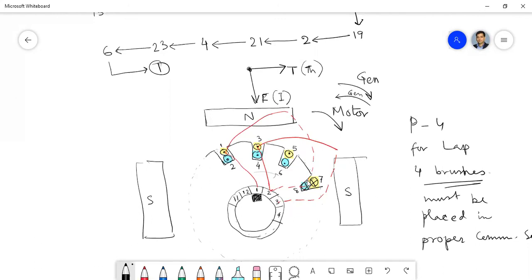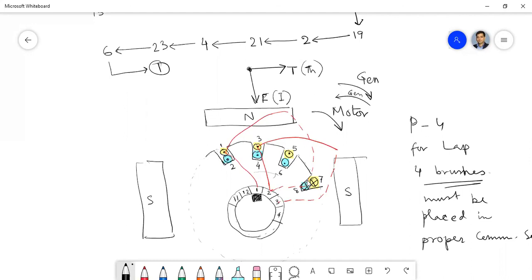Back pitch and coil span have some similarity, but their units are different. Back pitch is always measured in terms of coil sides, the difference between two coil sides, the top coil side and the bottom coil side. And coil span is a similar thing, but not measured in terms of coil sides. So this 3 has nothing to do with coil span? No, 3 is slots per pole.